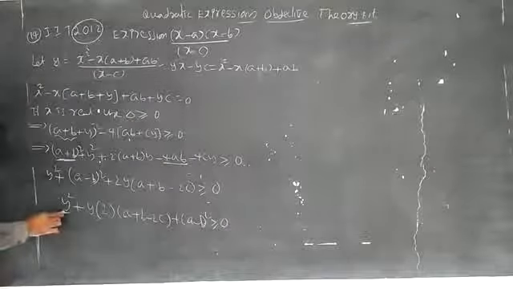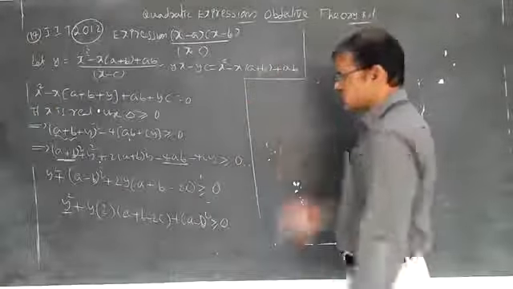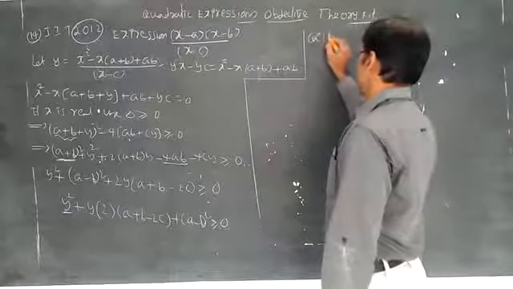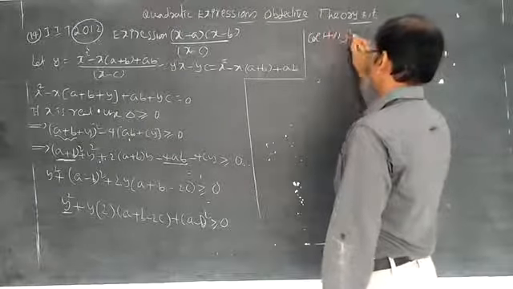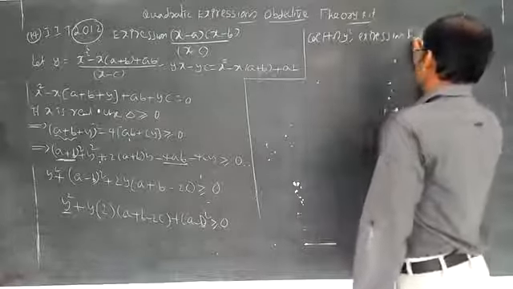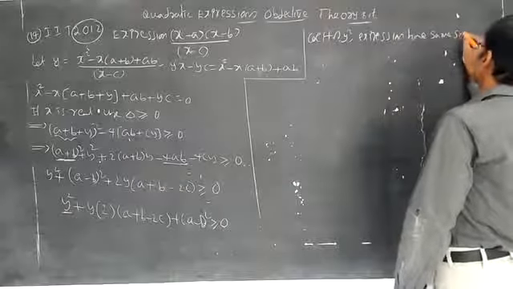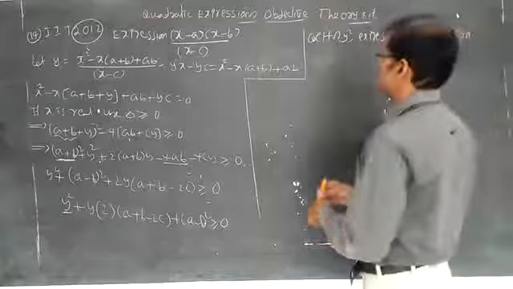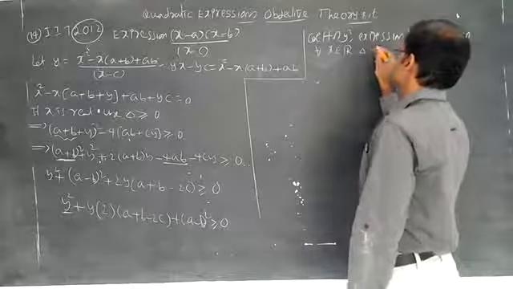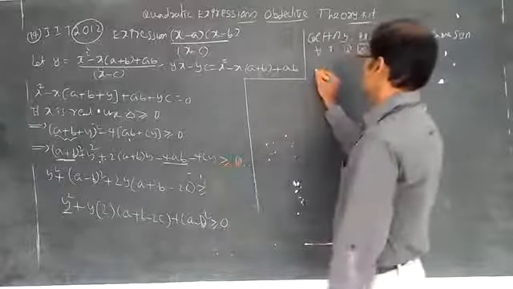Now you can understand this is f of y, where the coefficient of y square is 1, so it is positive, and the expression is fully positive. f of y and the expression have the same sign. Whenever f of y and the expression have the same sign for all x belongs to R, as already given, it is true for delta less than 0. Now you should calculate delta less than 0.